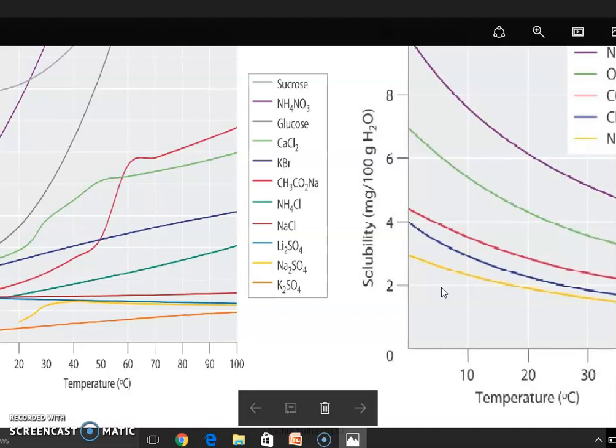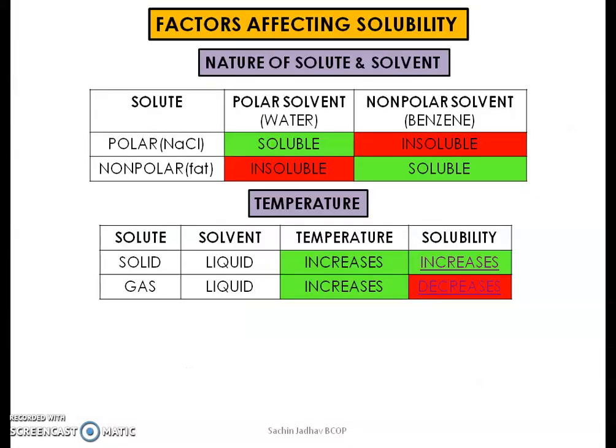So when we look at the graphs, the left side graph is for solid in liquid. Here we can see most of the graphs are moving upwards. If we increase the temperature, the solubility is going to be increased if solid in liquid kind of solution is there. But if we look at the gases, if we increase the temperature, the graphs are coming down, the solubility graphs are coming down. So the gases solubility will decrease if temperature of the solution is increased, while in case of solid liquid solution, if temperature is increased, the solubility increases. So depending upon solution, the temperature will act.